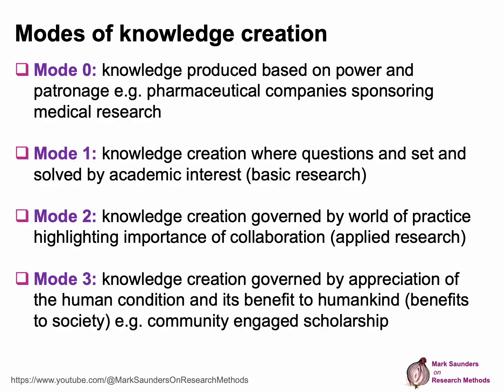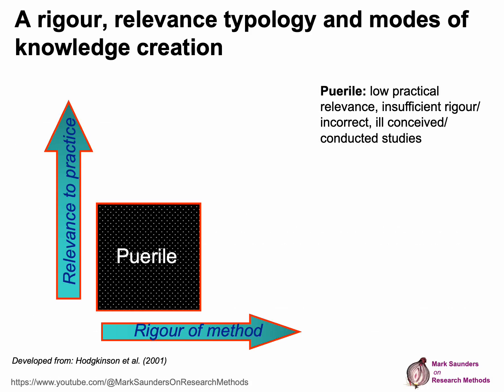So how does this all relate to rigour and relevance? Well, if we take a 2x2 matrix where our vertical axis is relevance to practice, going from low to high, and our horizontal axis is about rigour, going from low rigour to high rigour in terms of method, we can plot 4 different kinds of research. And here we're taking work by Hodgkinson et al. in 2001. And research which is neither rigorous in method or relevant